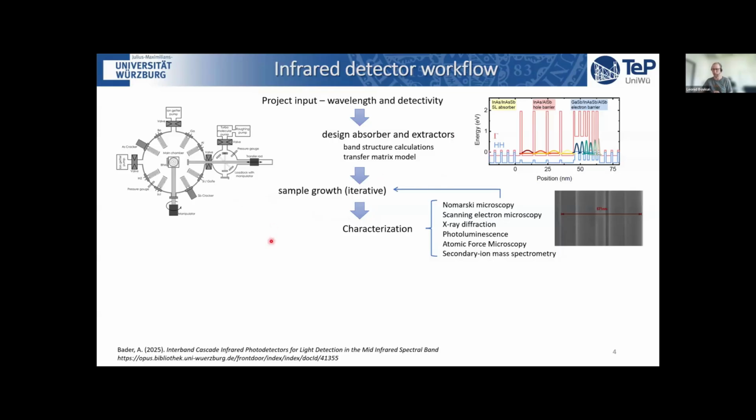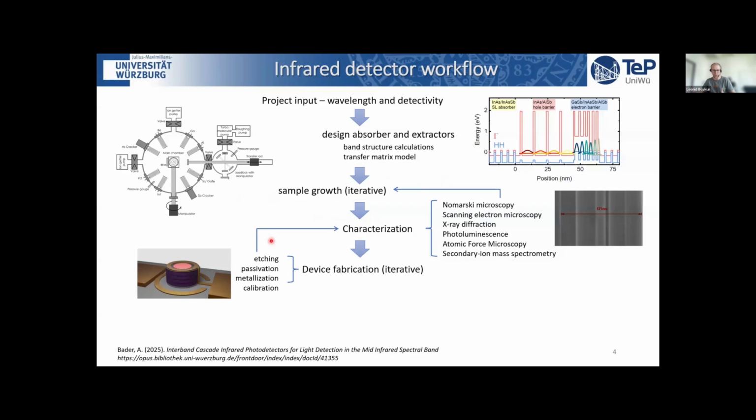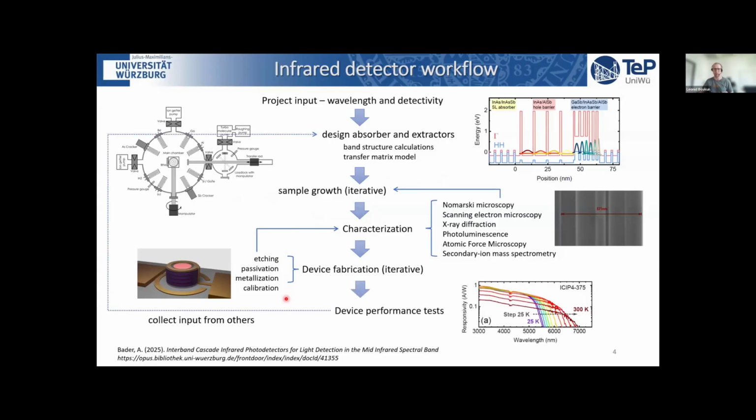Once you get this covered, you create another complexity. You create a device out of this. So you take your thin films, and then you go to the clean room or give them to technicians, and they have to do further steps like etching, passivation, and putting on metal contacts so you can put current through your devices. And finally, you end up with a device, you do performance measurements of some key parameters,